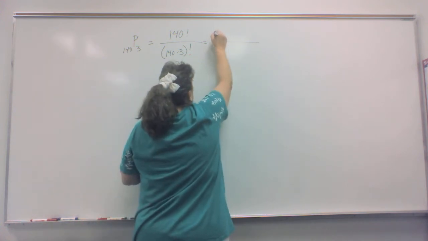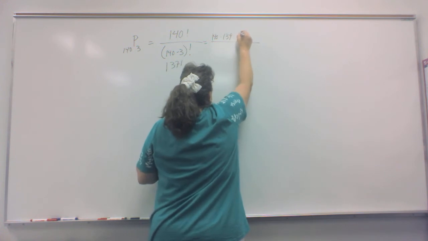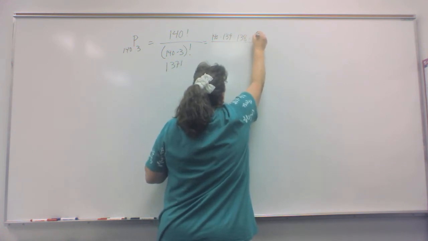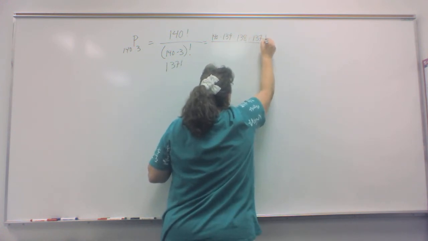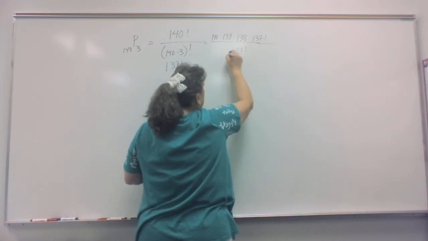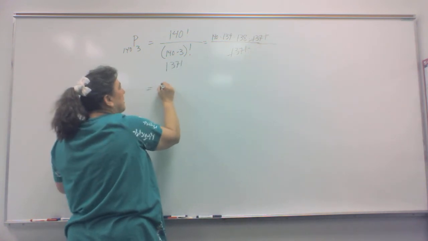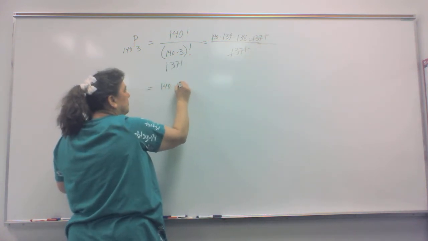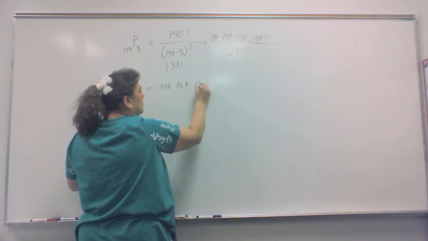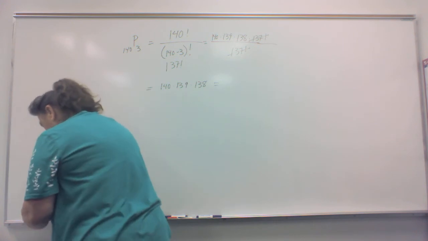So I'm going to go 140 times 139 times 138 times 137 factorial over 137 factorial. These two cancel, and I'm left with 140 times 139 times 138, which is going to equal